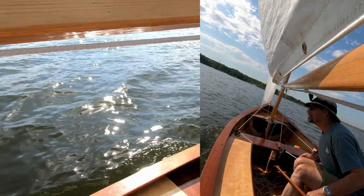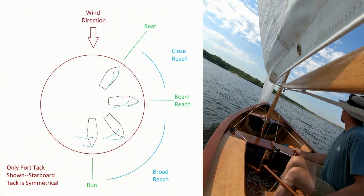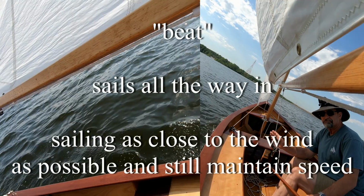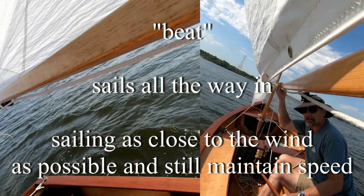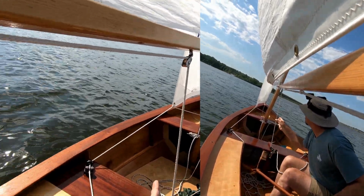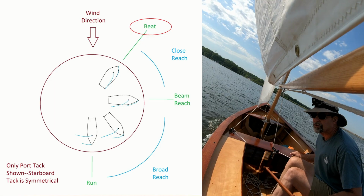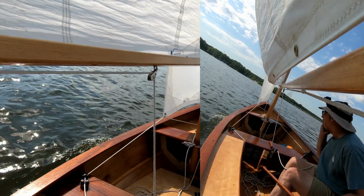I might be able to talk in this video about points of sailing, some sailing basics. All this time we've been heading upwind, called a beat. Not quite as far in as I could go, but you can see I'm not holding my course. I've got the sails in as far as I want them, and I'm adjusting my course to keep the sails full. And so as the wind changes, I've changed my course,